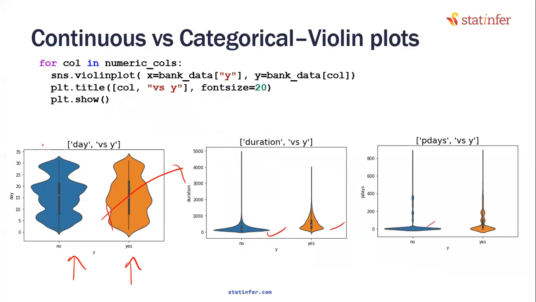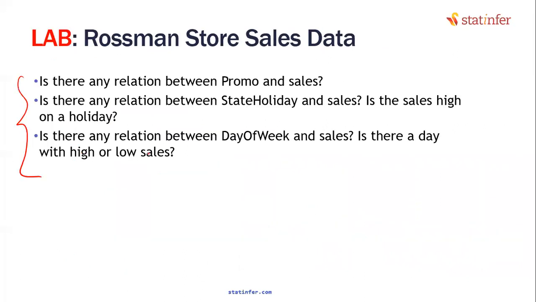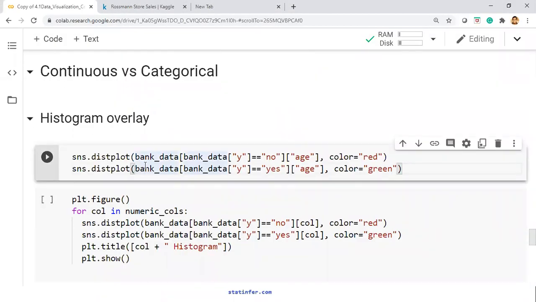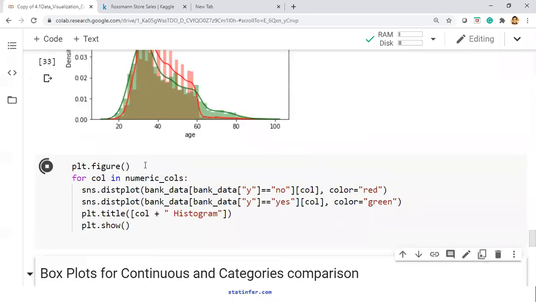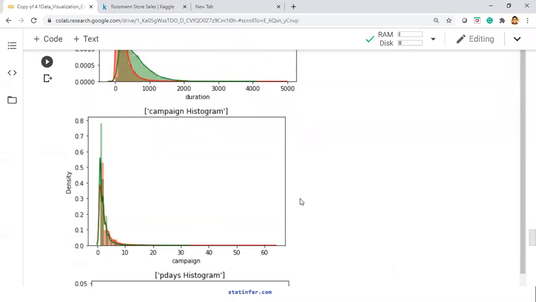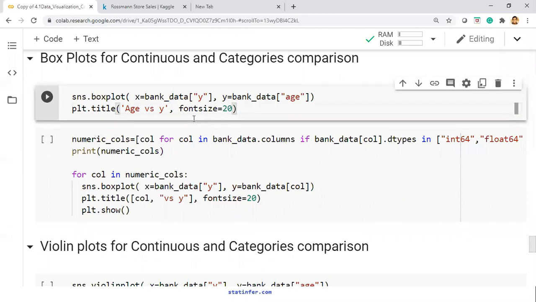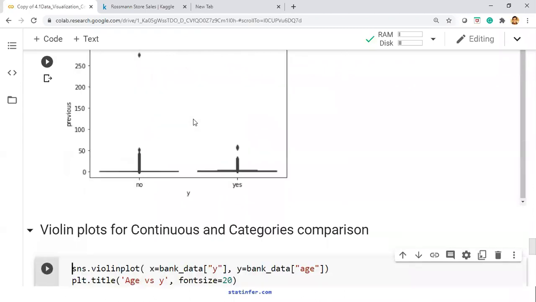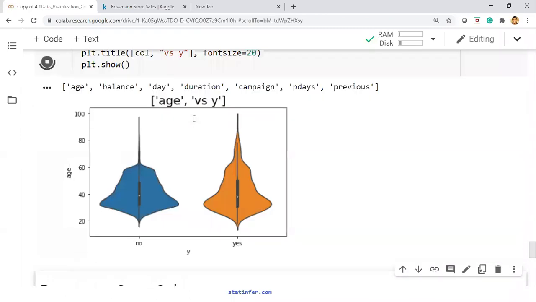Once again, this is driven by me. That's why you may not be able to really give a decisive conclusion. What if I give you a problem statement, whether you can tell me or not, that will decide whether you have understood this or not. First, let us quickly complete this, then I'll give you the problem statement. This is the histogram overlay. Though histogram overlay works, if it looks really confusing, my suggestion is to go with the box plot method of showing different box plots for different categories, or violin plots. Violin is just an option.